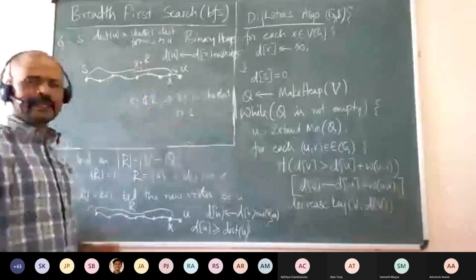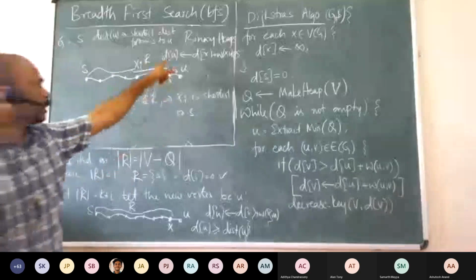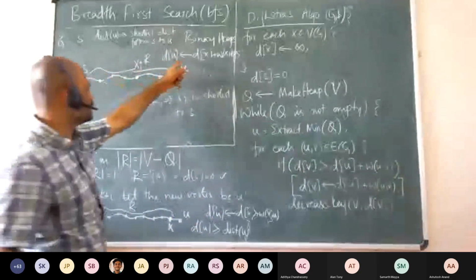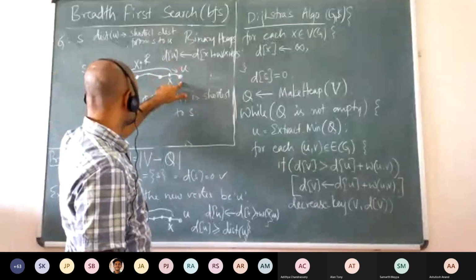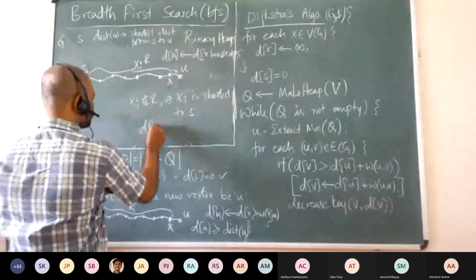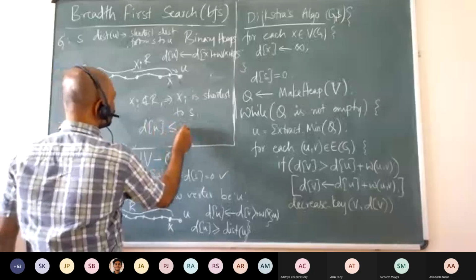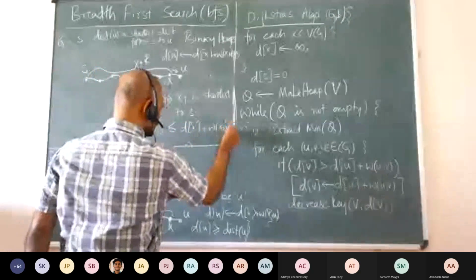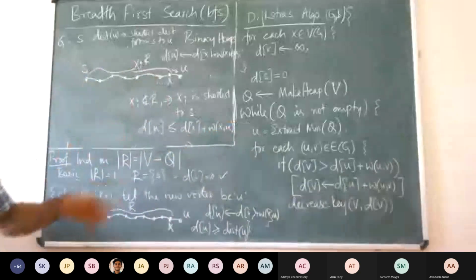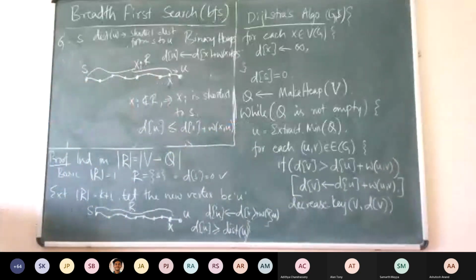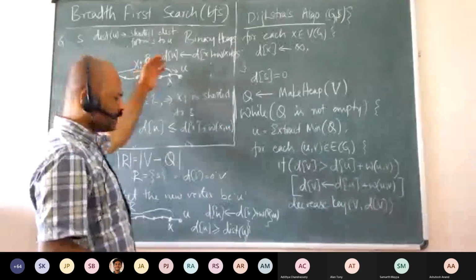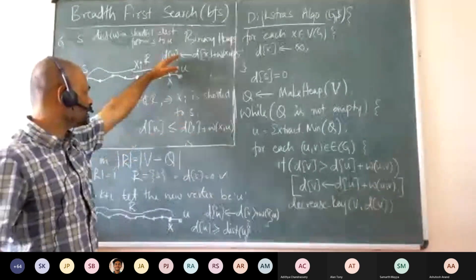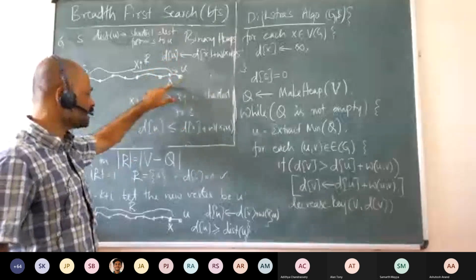So in the later iterations, the distance to u, d of u, can only improve, right? So d of u would only be less than or equal to d of x plus weight of xu. This is always true, right? Because in the later iterations it might have decreased. We don't even know, though it doesn't happen. It might have only decreased, because this was already set when x was processed.